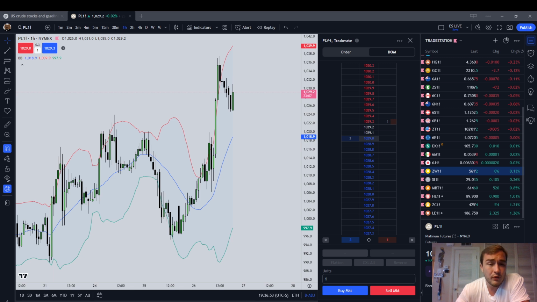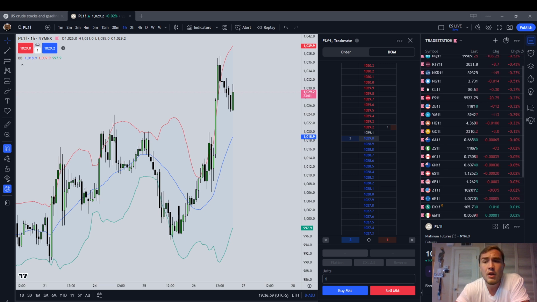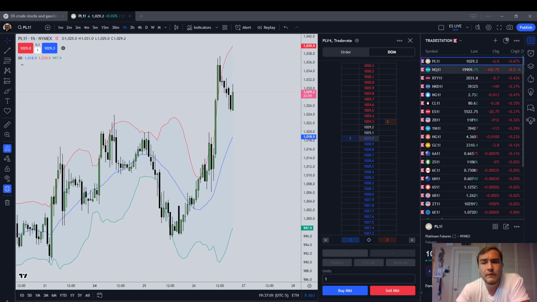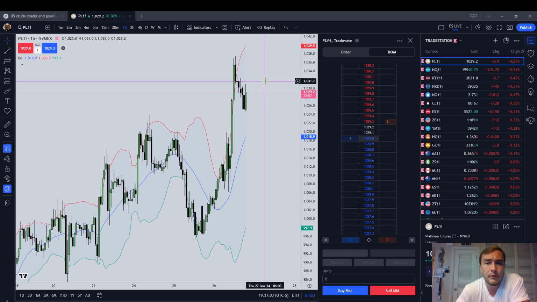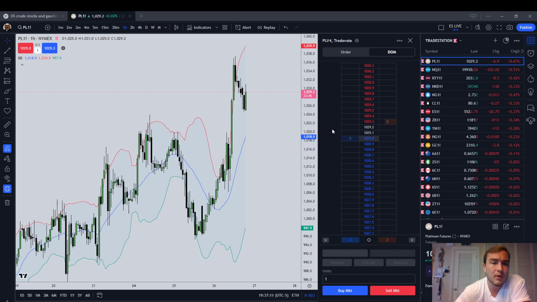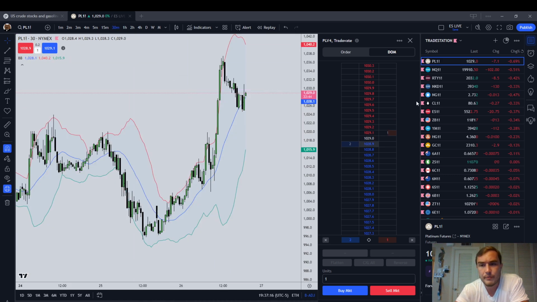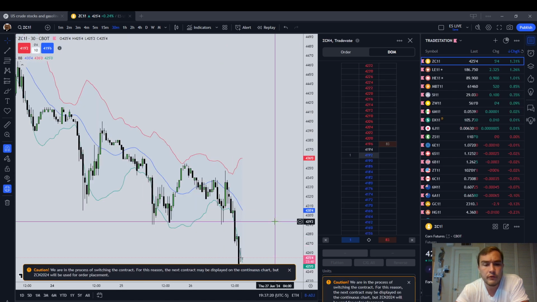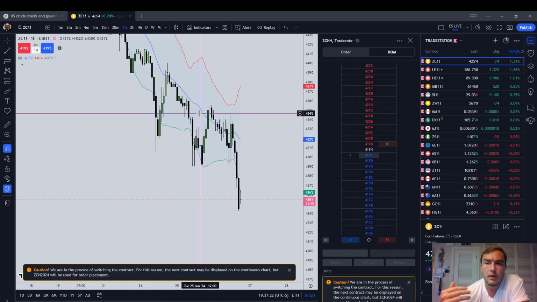And all you want to do to highlight some instruments that you might consider for mean reversion is look at the greatest extreme. For example, our palladium futures are down the most right now. Platinum futures are down 0.67. That is the greatest loser on the overnight session. Now, if we sort by change to positive, we can see that corn futures are our greatest gainer